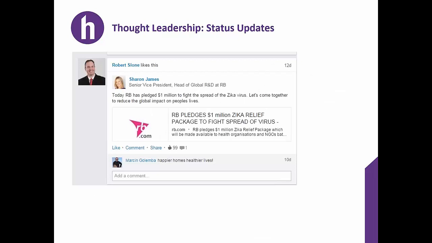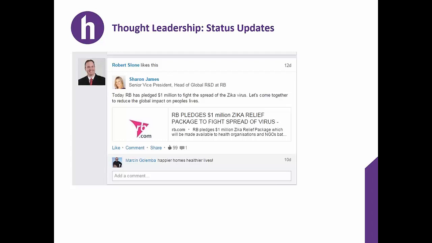The first thing is you can create on LinkedIn what are called status updates. So again, with Zika virus, with things going on, you're going to find that people are writing status updates that have to do, let's say, with corporate social responsibility, but they are still in the context of you being very, very good at what you do.